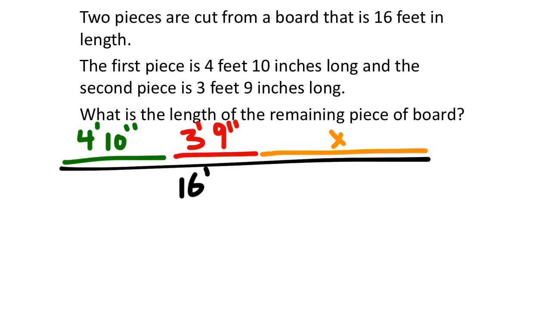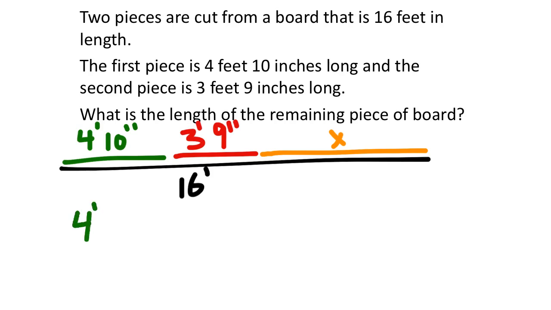I'm not going to. So some students, what they'll do is they're going to combine these 2 lengths together and just subtract that from 16. You could. Other students would take the 16 and subtract the 1 board and then the second, and then the remainder is the remaining piece of board. And I don't really know that there's a best way to do it, or even to consider one more easy, is really up to you guys. So, if I were to think about this one, I probably would take the strategy of combining the green and red boards right there,